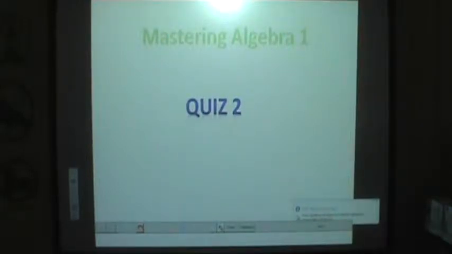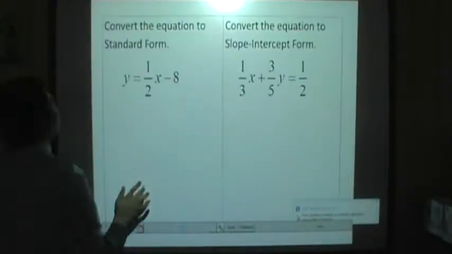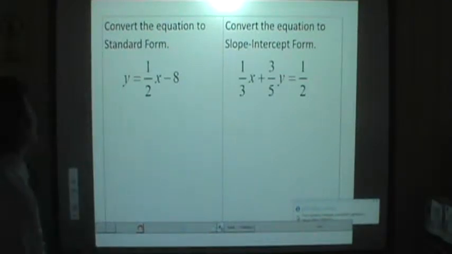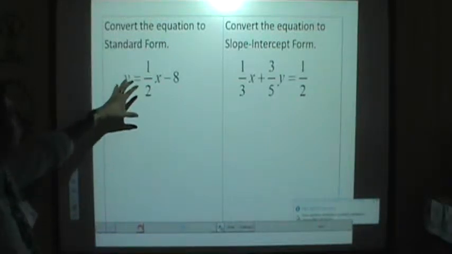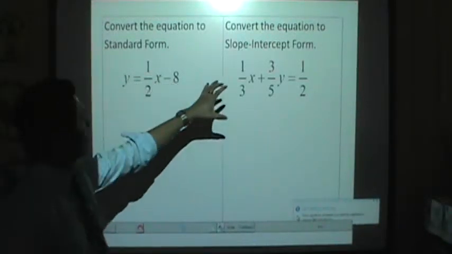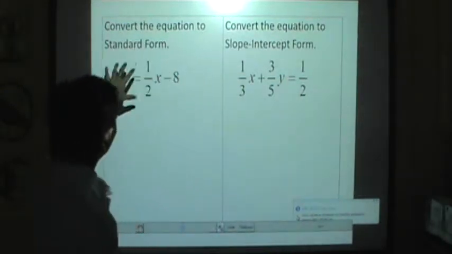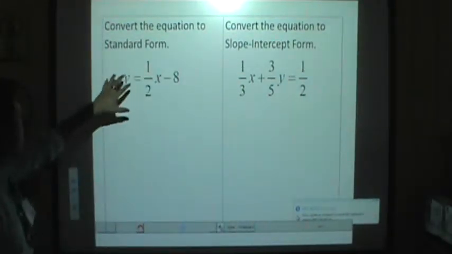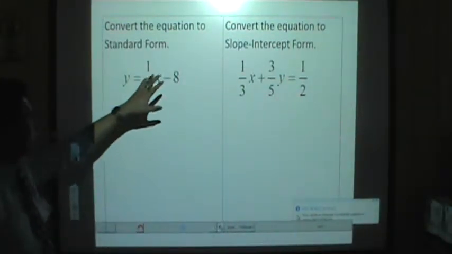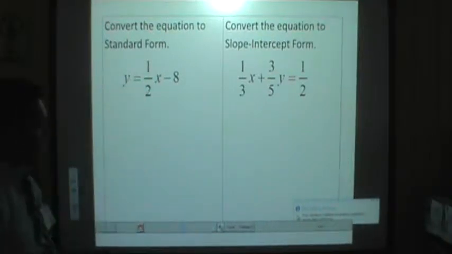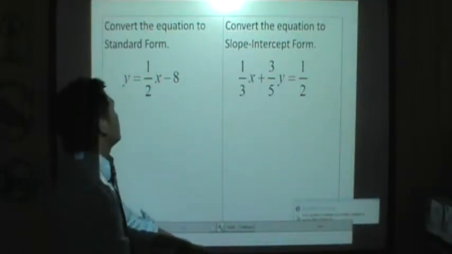Now for the quiz 2 revision, we have here y equals 1/2 x minus 8 in slope-intercept form. And here we have a question in standard form. For the first one, we have to change the slope-intercept form to standard form. Okay, standard form is